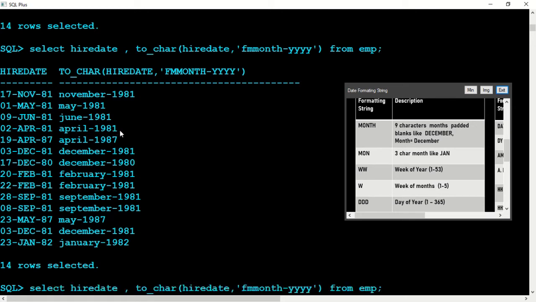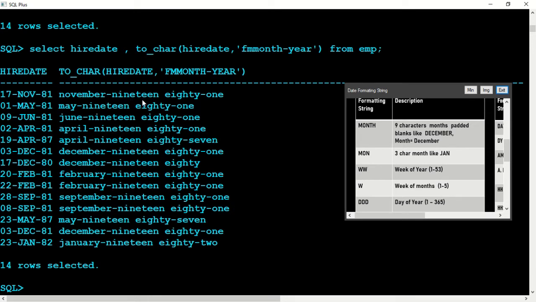But if you want the year in full words, then write YEAR. Then you have November, May, June, April with the year in words. If you want the first letter of the month and year in capitals, write M in capital letter, and here also Y in capital letter.